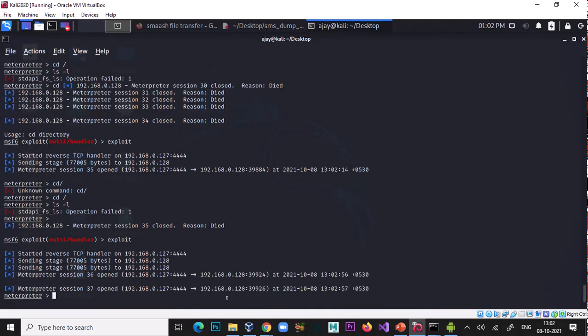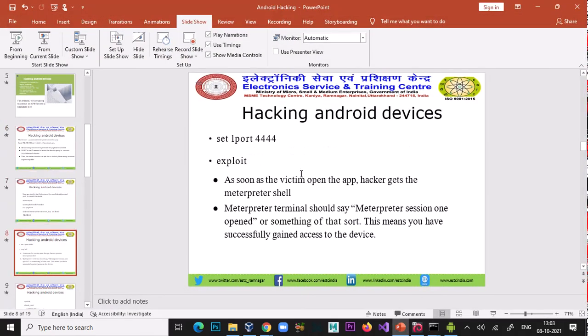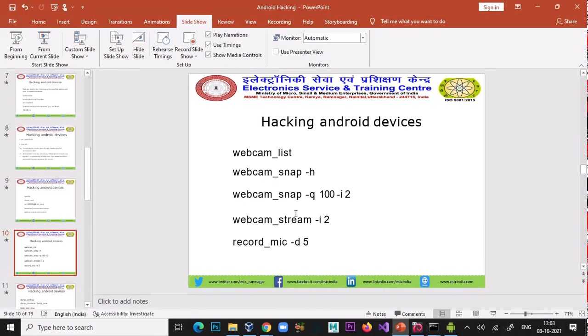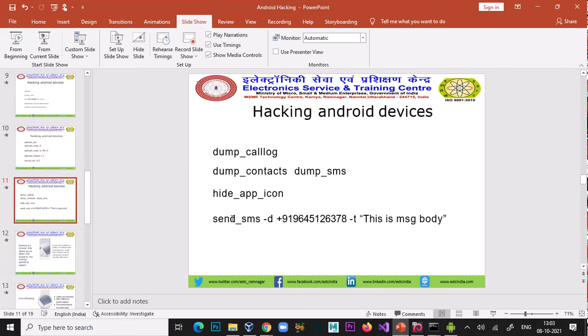Okay, but if you type the help, and also you can send the message, text message from that system.